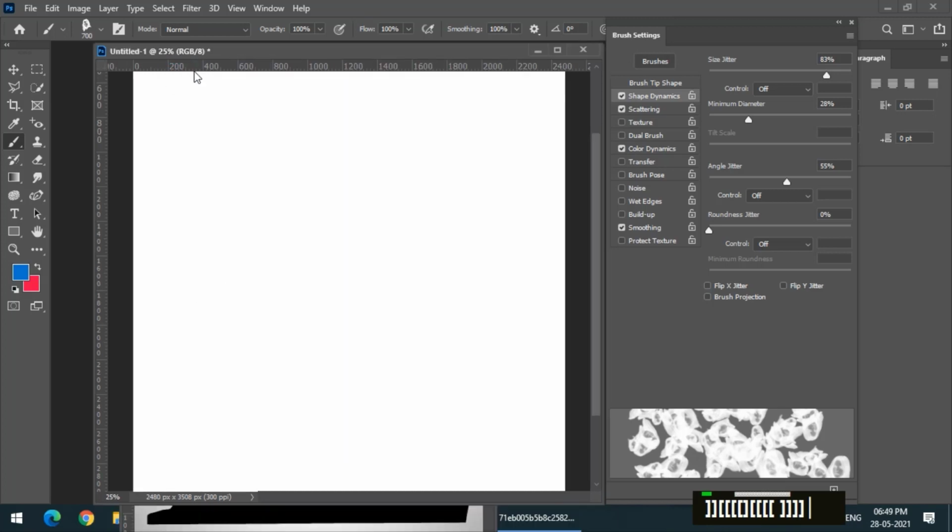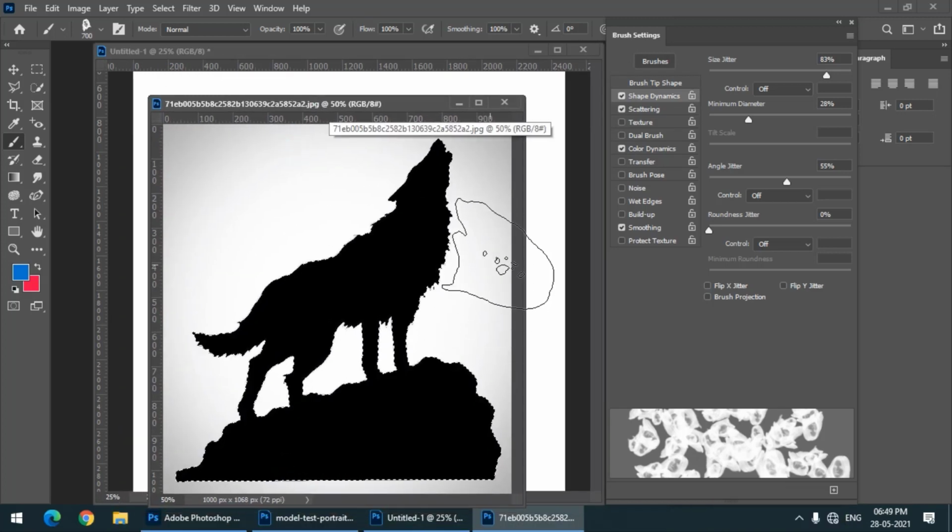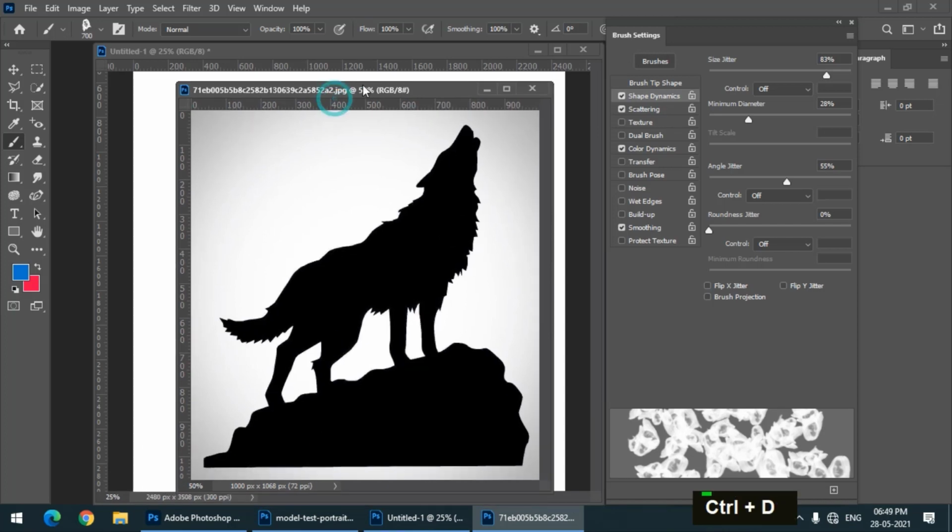So let us create another brush. I have taken this silhouette of a wolf. You can easily get this from Google. If you search wolf silhouette, you will get this pretty easily, or any silhouette if you want. What if I want to create a brush out of this wolf silhouette?